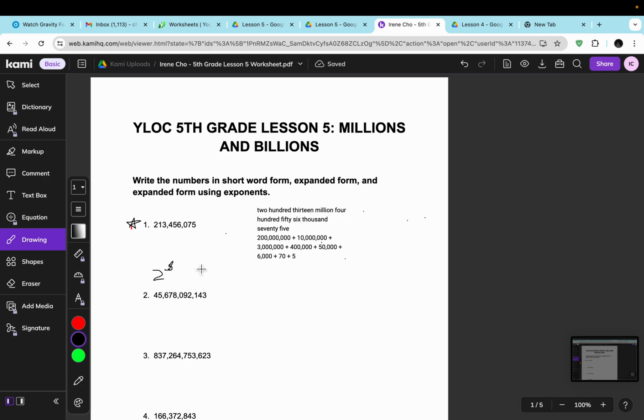So it'd be 2 times 10 to the power of 8. And then we put them in parentheses, and then plus 1 times 10 to the power of 7,